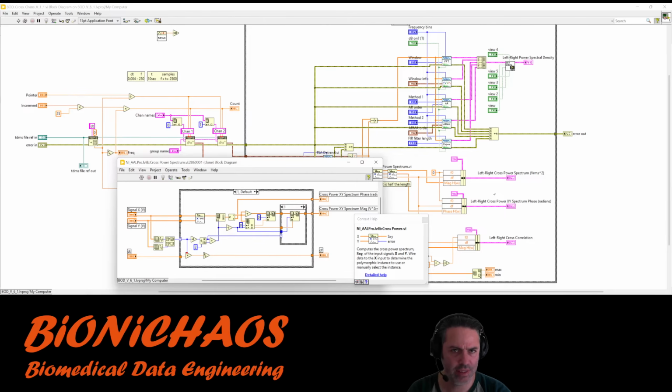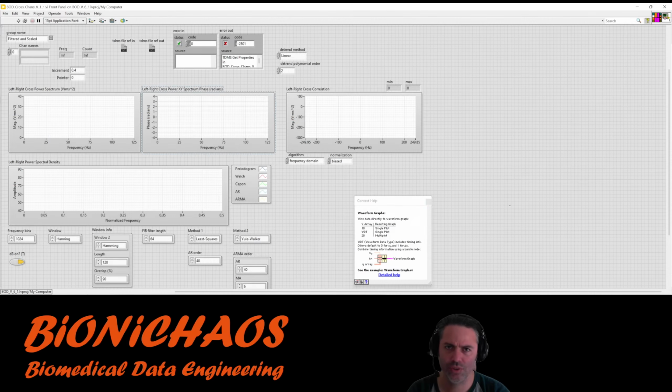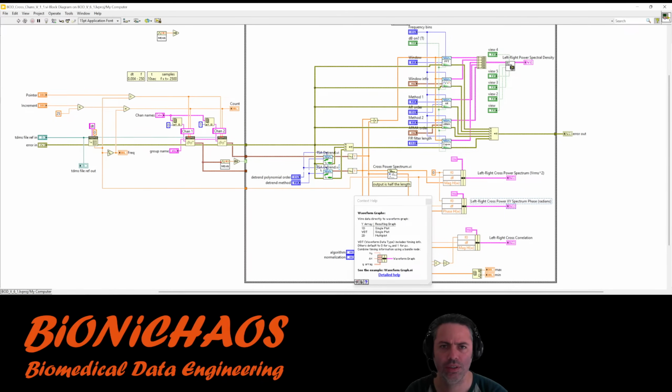It returns phase and magnitude. Then I calculate correlation.